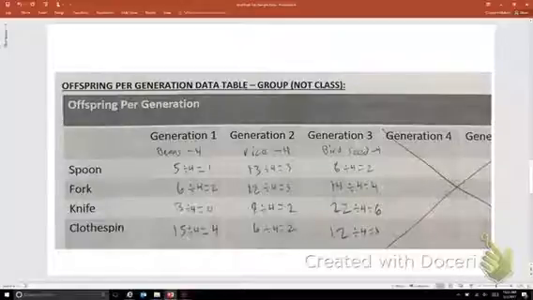So remember that the numbers that we see in the graph, for generation 1, our birds had to collect beans, and for generation 2, they had to collect rice, and for generation 3, they had to collect birdseed. They had to have 4 of each of these, and every 4 would indicate that they had 1 offspring. And so the number that you see, for example, is a spoon, 5 divided by 4. That particular